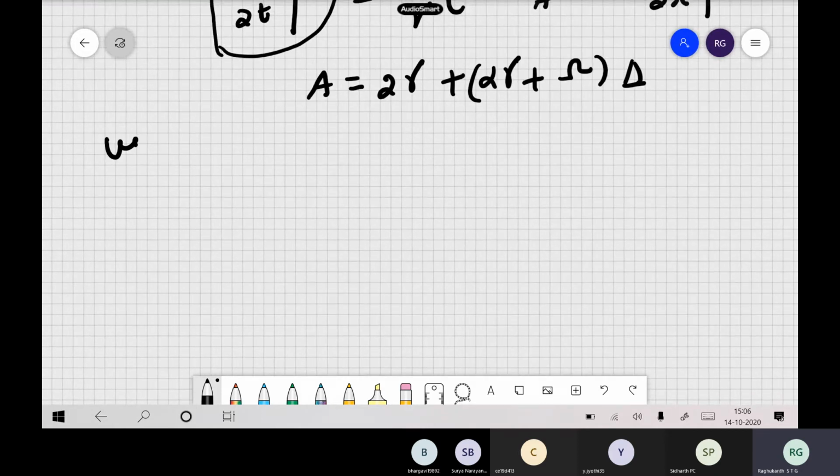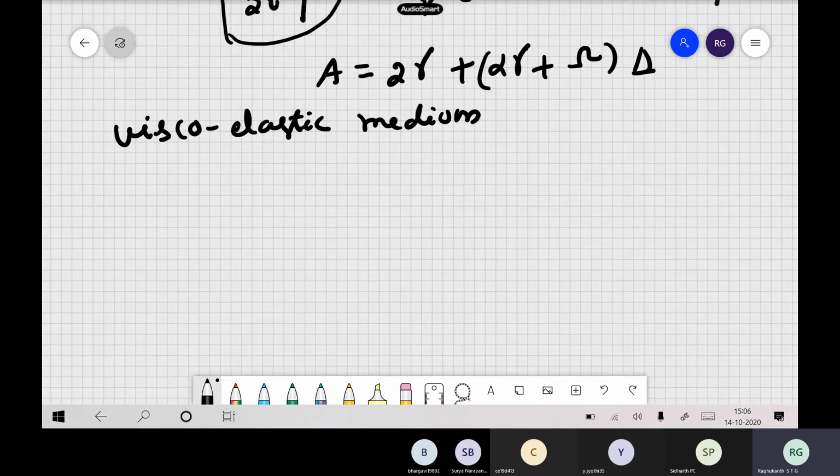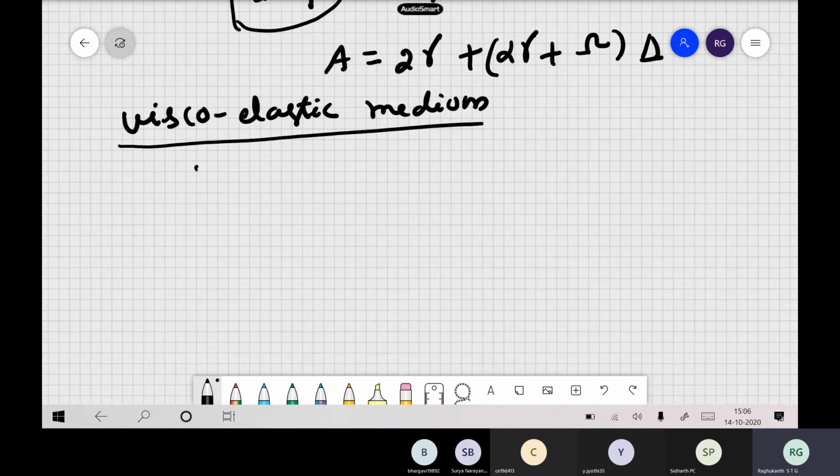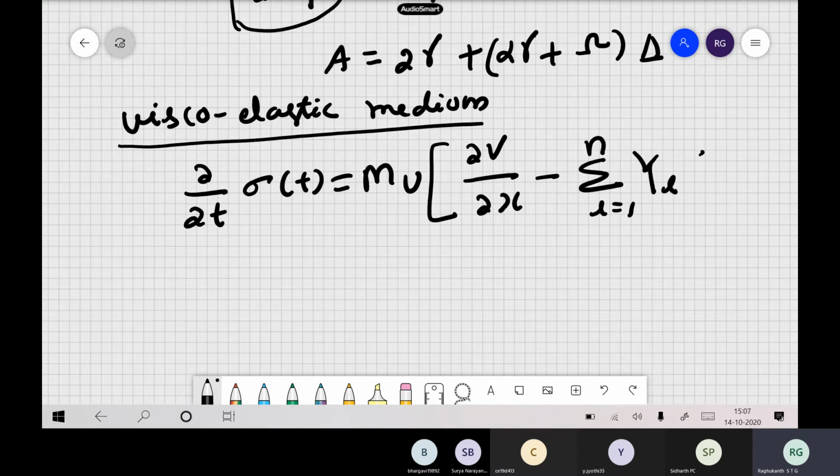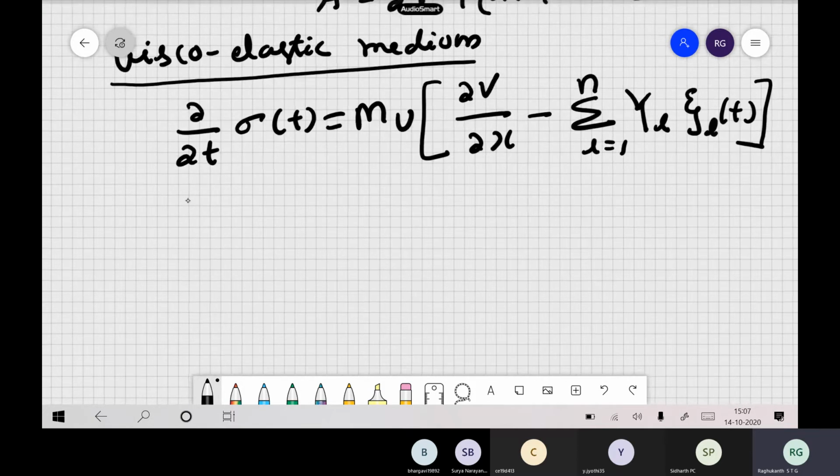Now, of course, the last point in finite difference: if you want to have viscoelastic mediums, how do you represent a viscoelastic medium in a finite difference format? Already I think we have detailed it. For a viscoelastic medium, the stress strain relation, we write like this. Some mu, the unrelaxed modulus, you remember all those things, minus the sum over L equal to 1 to n. These are our coefficients psi L of t. So for a viscoelastic material we used to write like that.